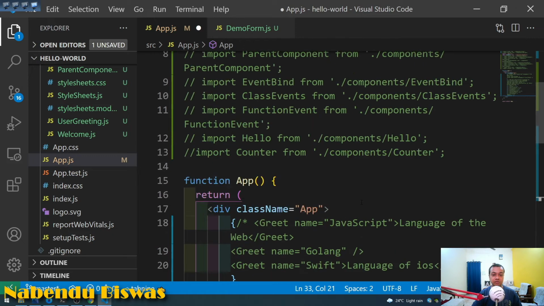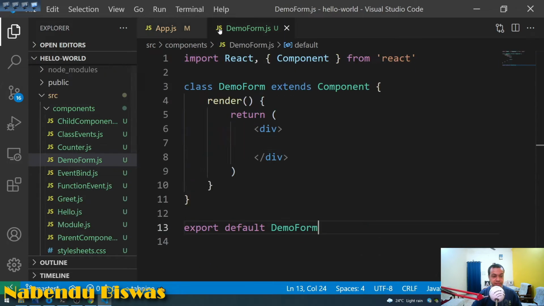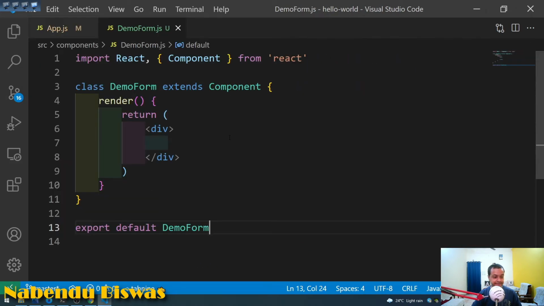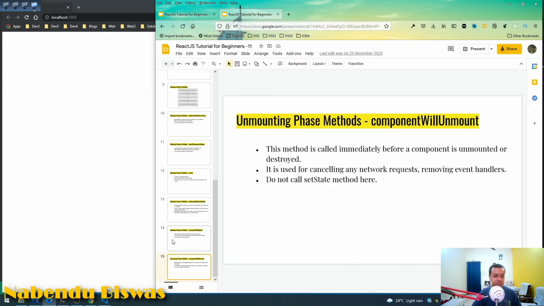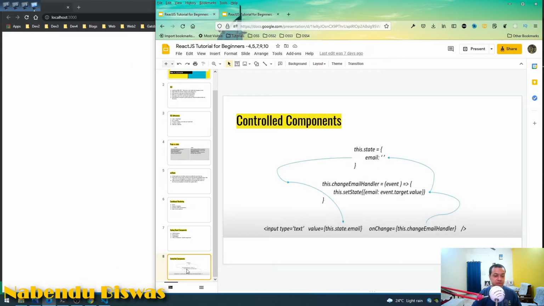Demo form, yeah, it is imported. Let me save it, and now let me show an image actually first. Where is my image? Yeah, so this, see, controlled component, how it works, we'll learn the code also, but first I want to